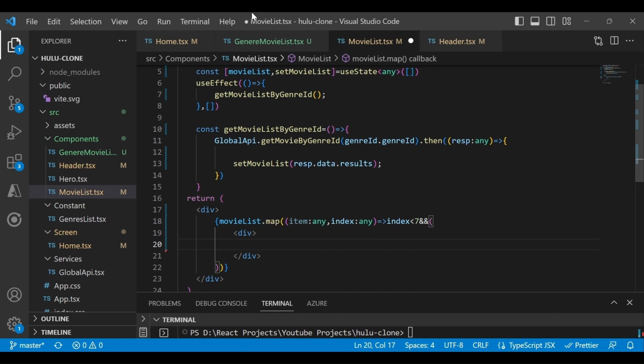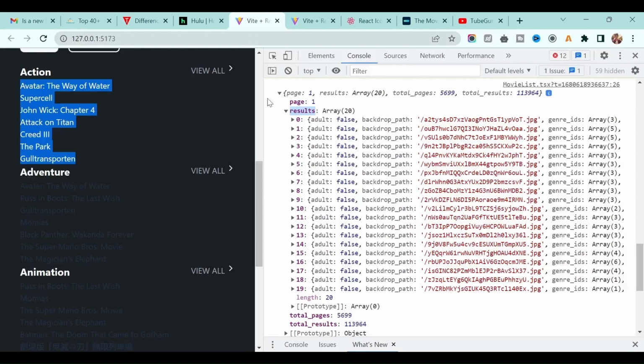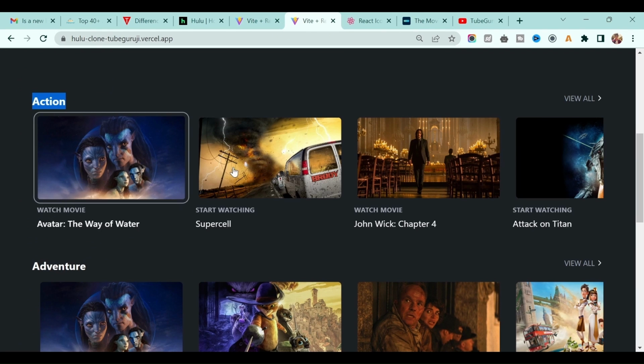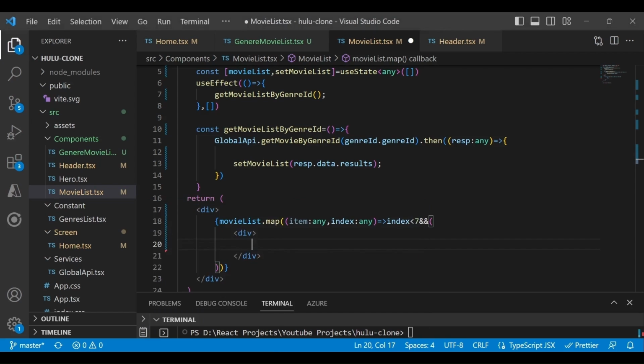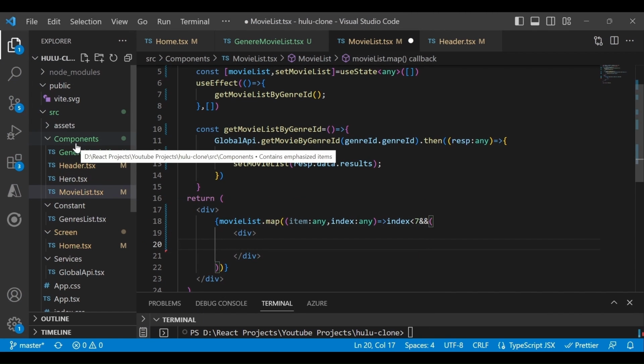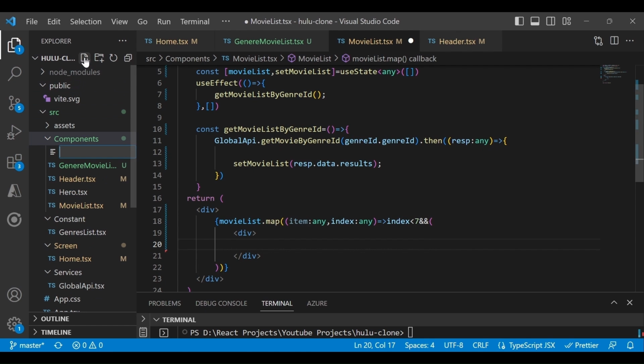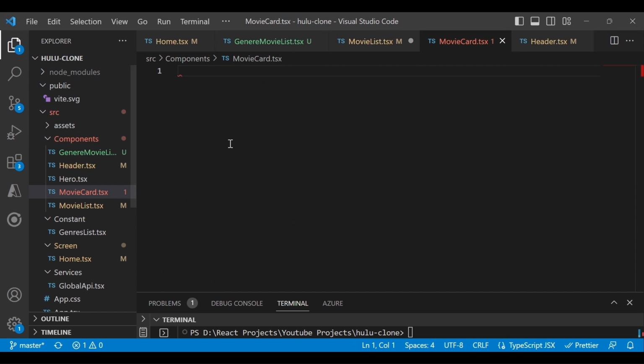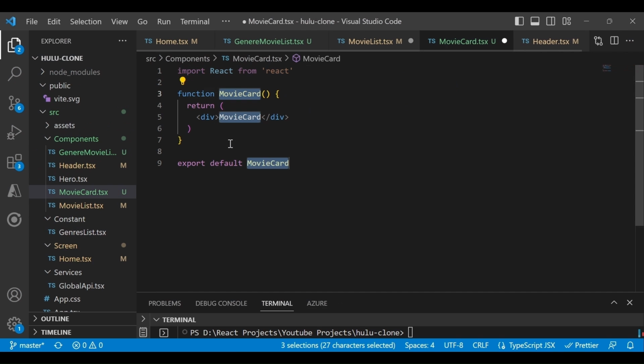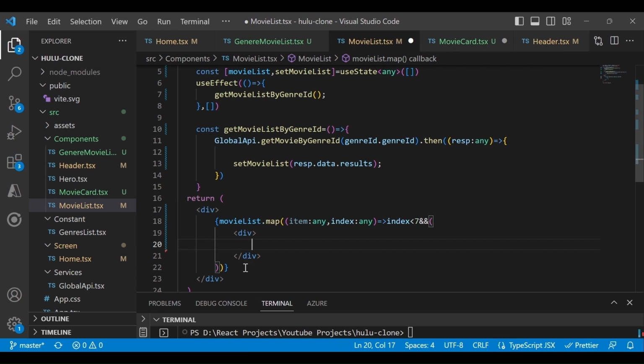But for this particular card design, right, we will add it in a different component, so that anywhere else also we can use it. So create another component file called MovieCard.tsx. Okay, add the default template, and here you just need to define a div, that's fine.